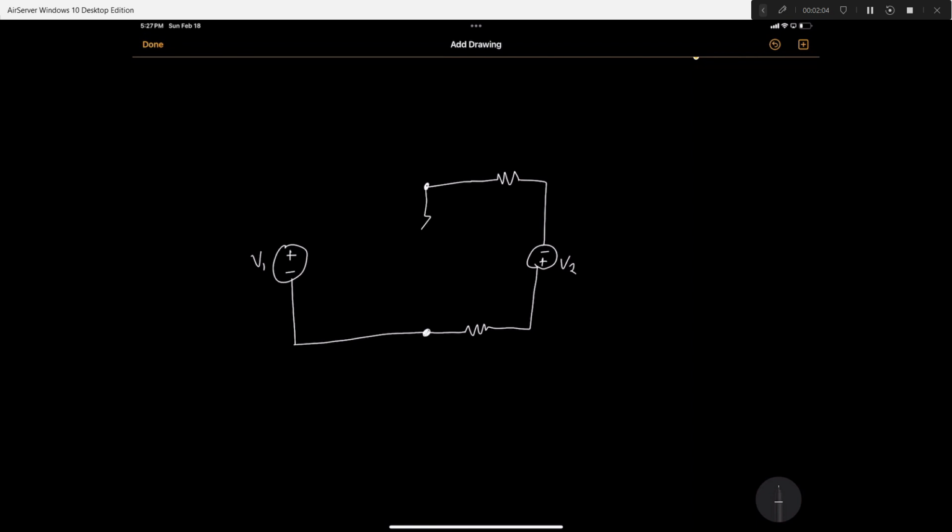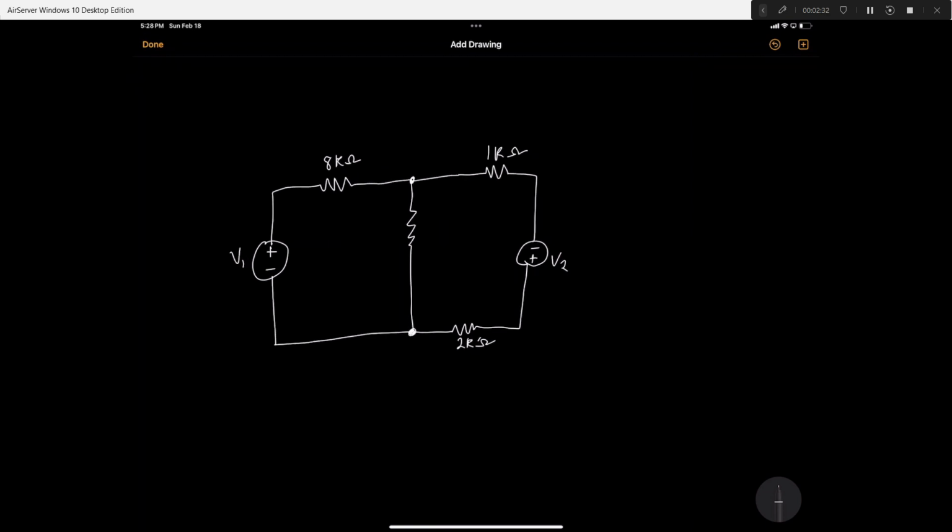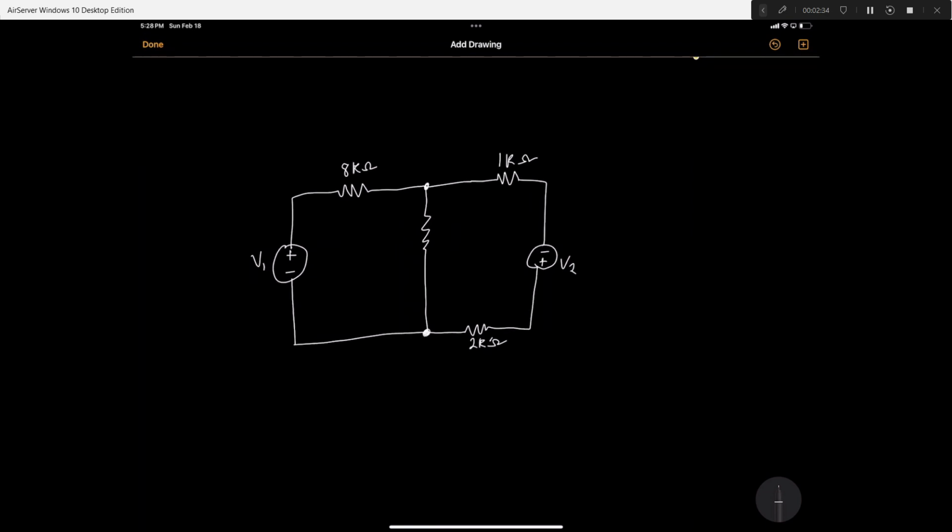Going down, we have another resistor here, and another resistor there. This one is 8,000 kilo ohms. This one is 1,000 kilo ohms. This one down here is 2,000 kilo ohms. And this one in the middle is 5